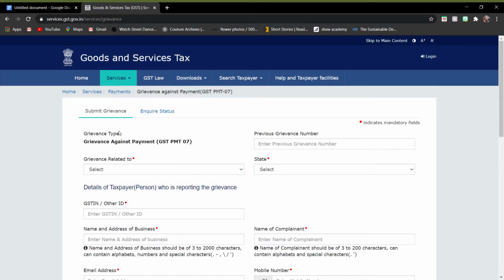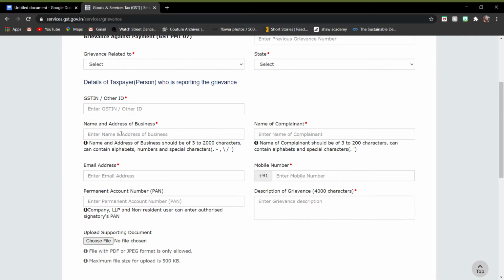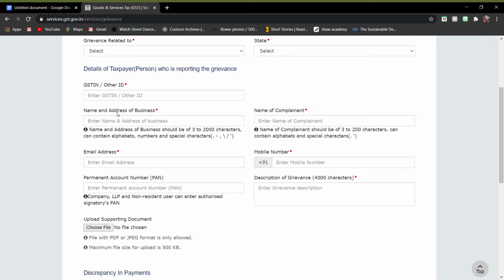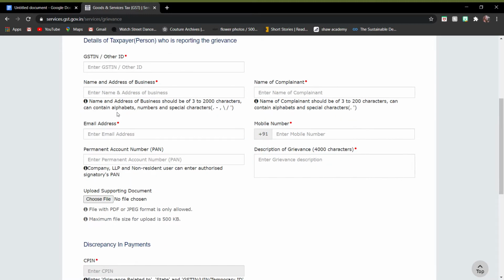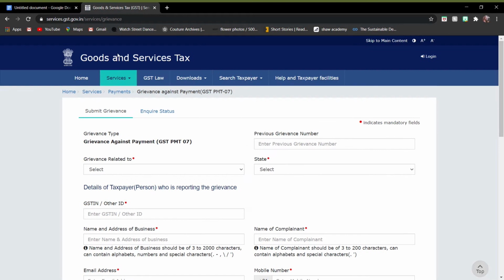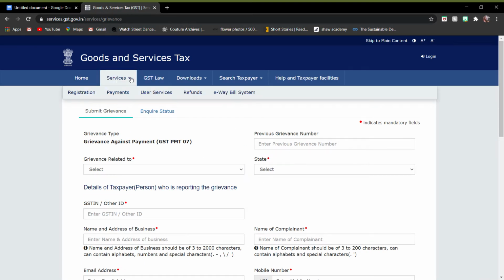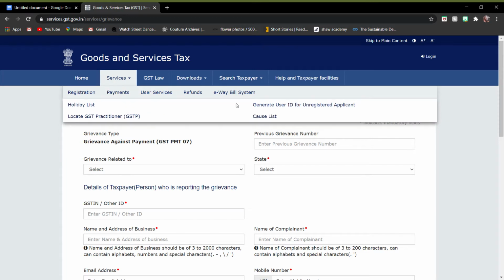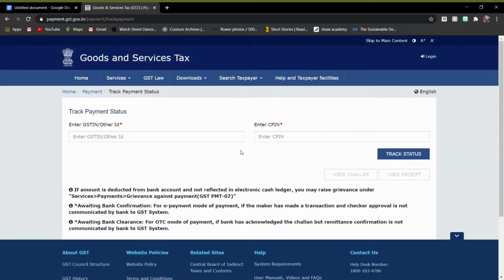Here you have to again fill out a long list of information, and documents also have to be uploaded, and then you can submit it and proceed with the procedure ahead. And then the third one, which comes under payments, is track payment status. Over here again you have to enter the GSTIN or the ID and enter the CPIN and track the status.